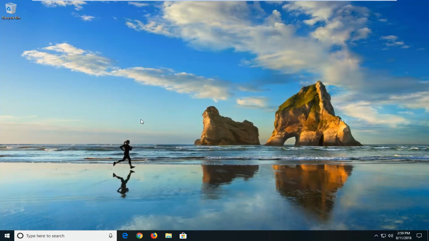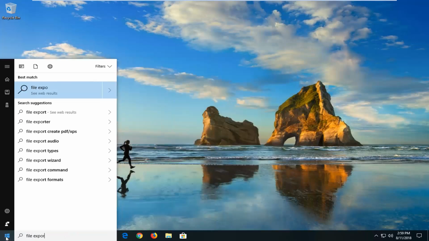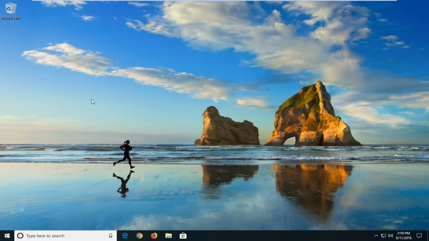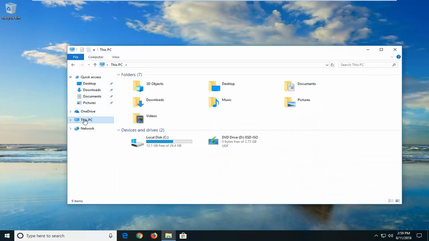The second way, this should again apply for all versions of Windows, and it should look a little bit similar. We're going to start by opening up the Start menu. We're going to type in File Explorer. Best match should come back with File Explorer Desktop App. I'll left click on that. Now you want to go underneath This PC on the left side. On Windows 7 or Windows 8 it might say Local Disk,